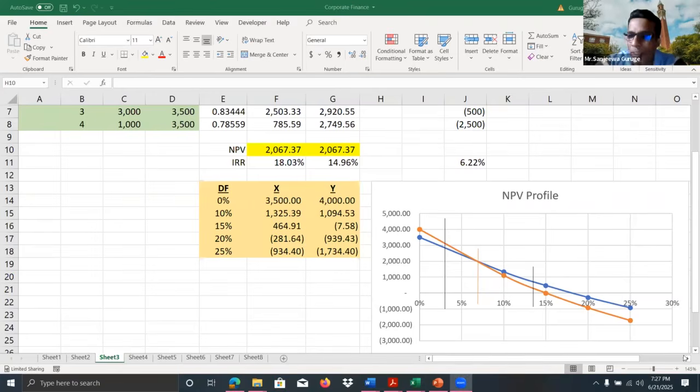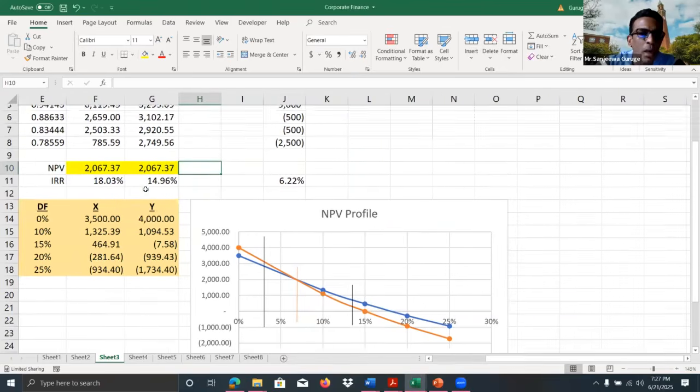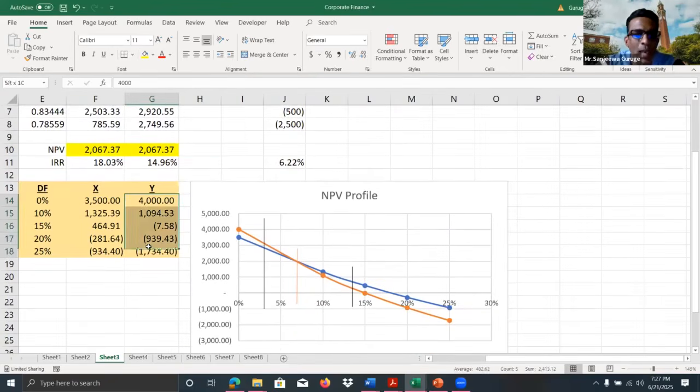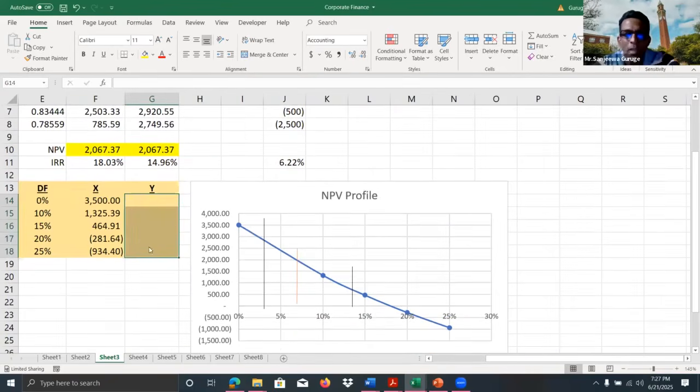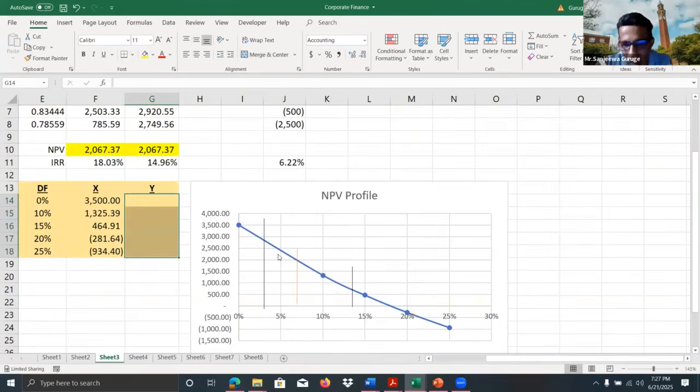That's simple, right? Here, to identify this more clearly, I will use the NPV profile of only one project, because the NPV profile shows the decision criteria given by both the NPV technique and the IRR technique. That's why I mentioned, if IRR is greater than cost of capital, what is the meaning? IRR greater than cost of capital means NPV is positive, right? And this is the NPV profile of this project X.